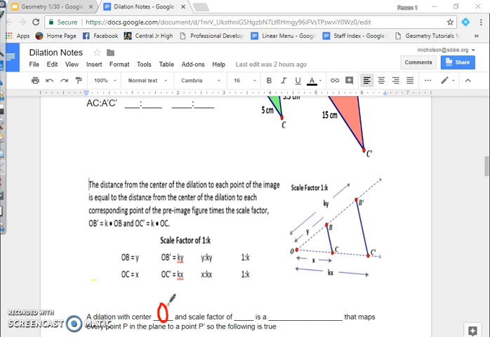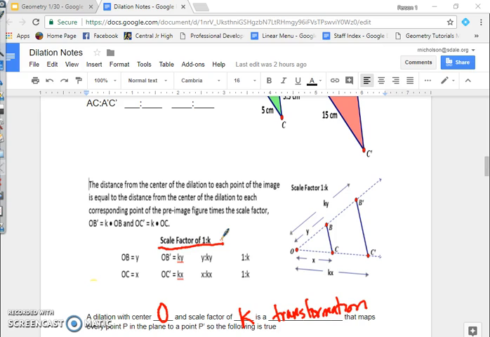K, right? So if we have a dilation with center O and K is the scale factor,